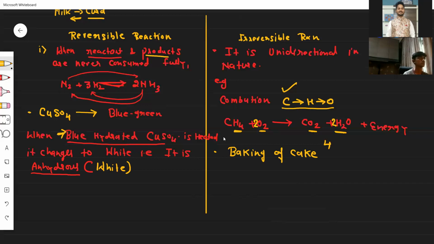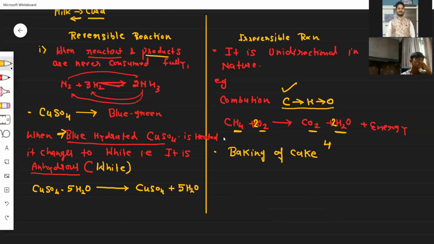If I give the reaction, it is like this: CuSO4·5H2O, when you are heating this, gets converted into CuSO4 plus the water, which gets vaporized, giving 5H2O. So we are trying to understand, is it reversible or irreversible? What do you conclude from this reaction? Can we get it back? Yes, we can add water again to this CuSO4, so we are able to get it back.